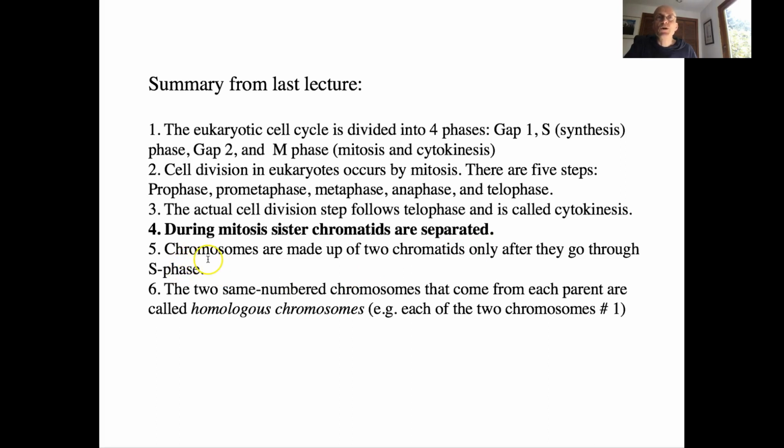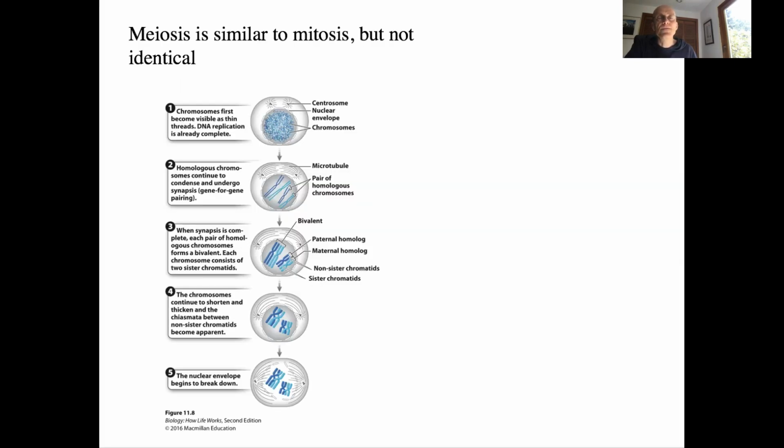We defined some terms, and we said that chromosomes are made up of two chromatids only after they go through S phase, and that the two same numbered chromosomes that come from each parent are called homologous chromosomes. So today we want to talk about meiosis. So let's look at what happens in the very first phase of meiosis, the